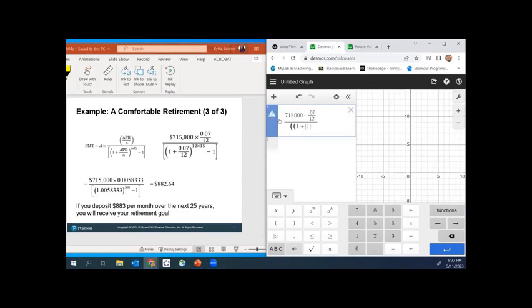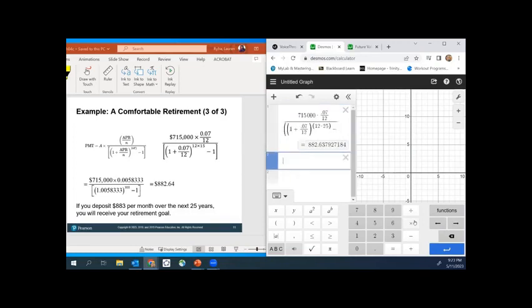Couple parentheses, 0.07 over 12 raised to the 12 times 25. Okay, I have to make sure that's in parentheses. 12 times 25, and then put the minus 1, and I get that same answer of